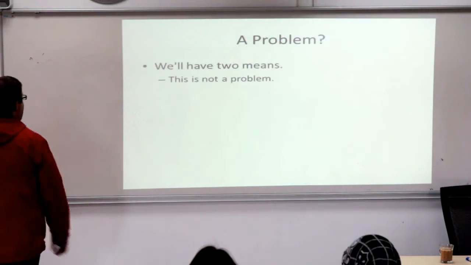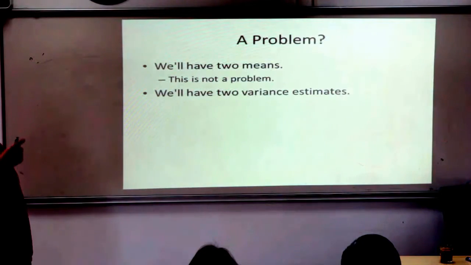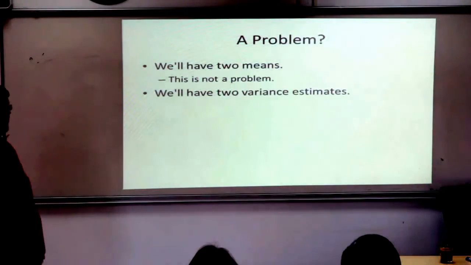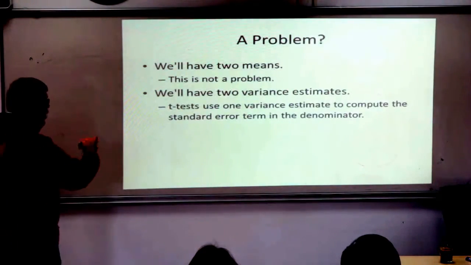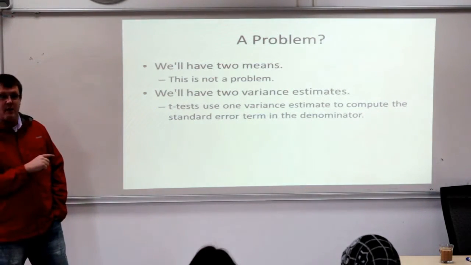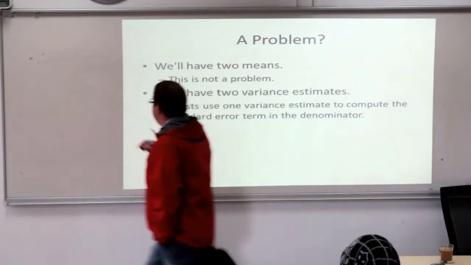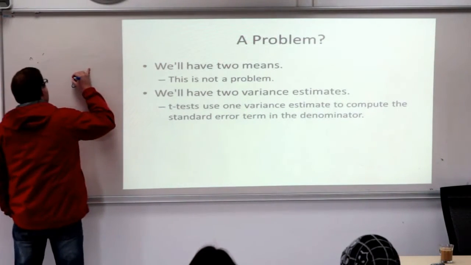So we're going to have 2 means. This isn't the problem. The problem has to do with the 2 pieces of variance that we have. Now, t-tests use one variance estimate to compute the standard error term in the denominator. So the standard error of the mean that we've been using is just the